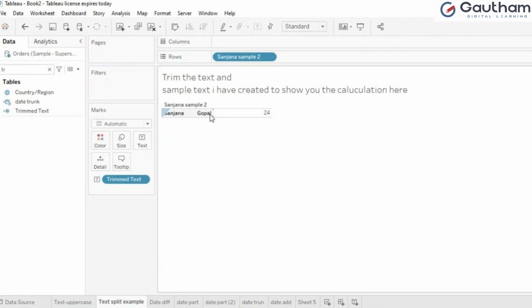Remaining, the 12 is the spaces which I have been given. So that is nothing but the trims; a trim text or a length word will be useful. You can play with anything. You can play with the length, or you can play with the spaces also, however many spaces have been given.